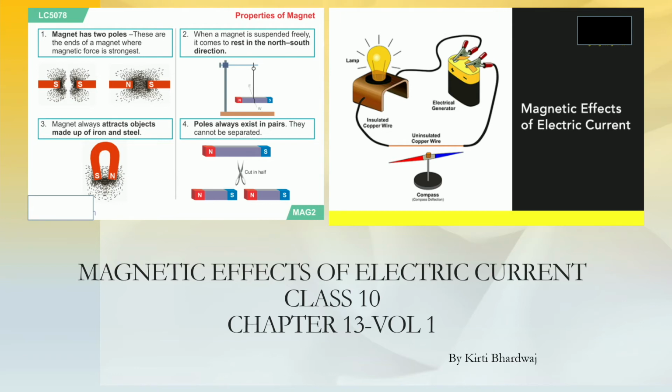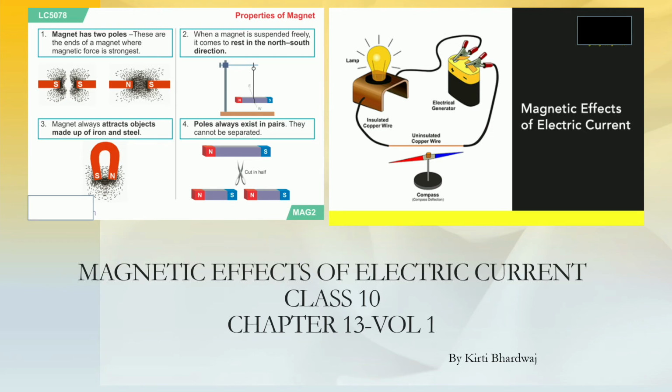Magnets have two poles where the strength of the magnetic field is the strongest. One very important thing about the poles of magnets is that magnetic poles always exist in pairs. No matter how small a magnet is, it is impossible to separate one pole. This we all know, that like poles always repel each other, but opposite poles attract each other.